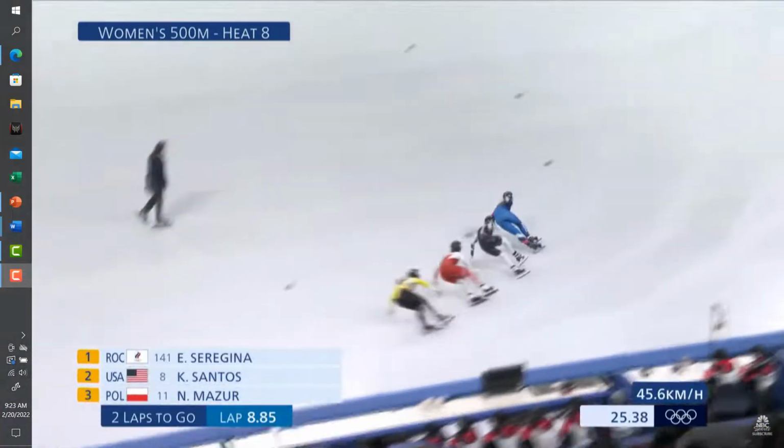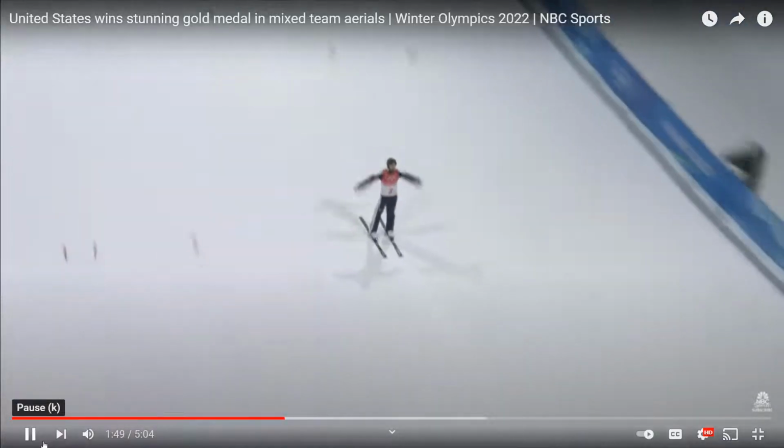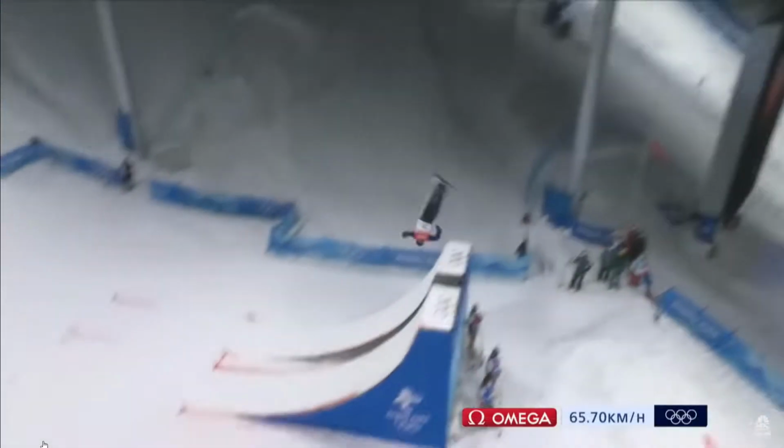Serikina looking good. You'll see the front end here. Try and guide. Round, so he said, I'm going to do it. I'm going to do the highest degree of difficulty, 2